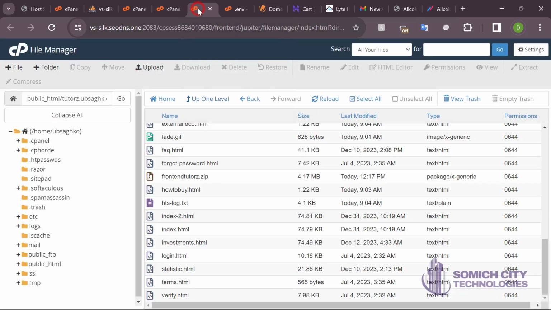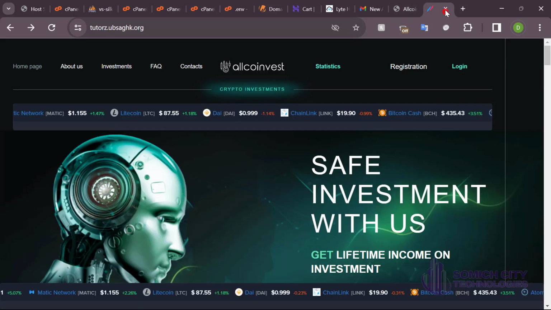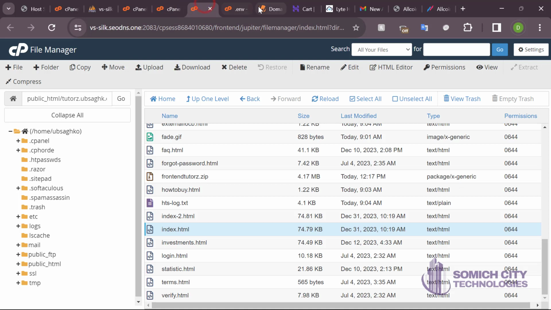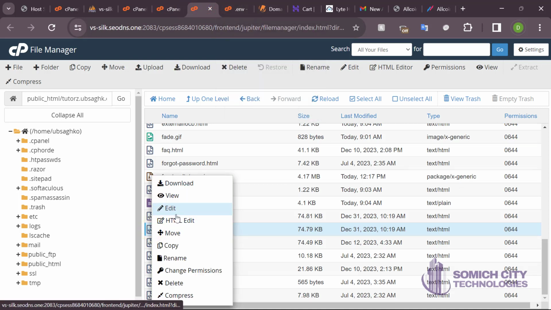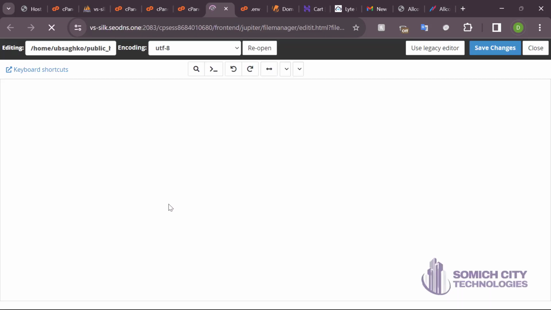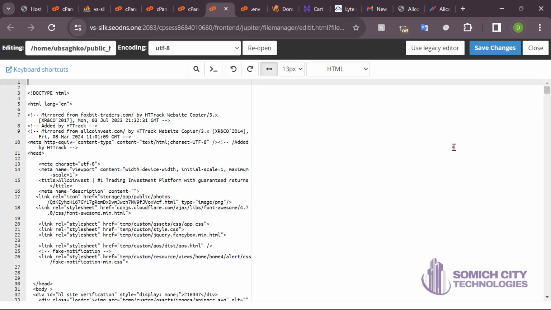Okay, so let's see how we do one. So the index.html is the first page. This page that shows here is index.html. So we are going to start with editing it first. This is the HTML folder, so you right click and edit. So clicking on that,